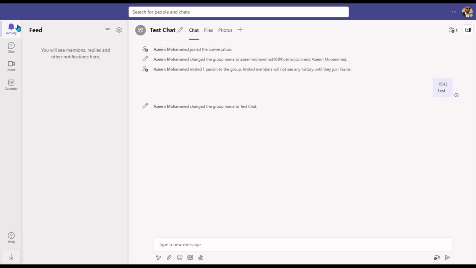So towards the left hand side on the screen you've got a couple of icons here. So you've got activity, this is your feed, so this is where you will actually see any @mentions, replies and other notifications here. So for example, if someone's liked your message or anything like that, so what I can do is here, so within here, if I put test 1 2 3,